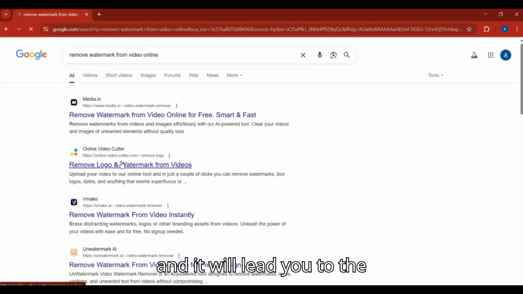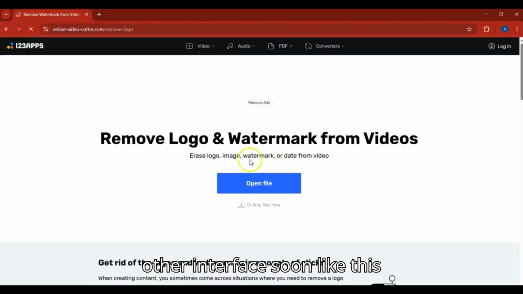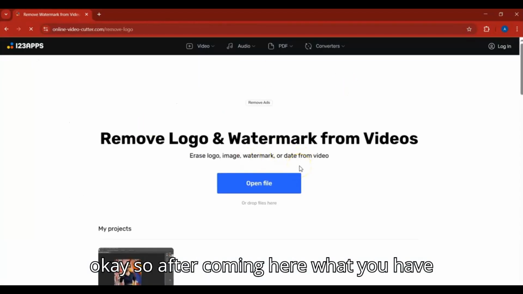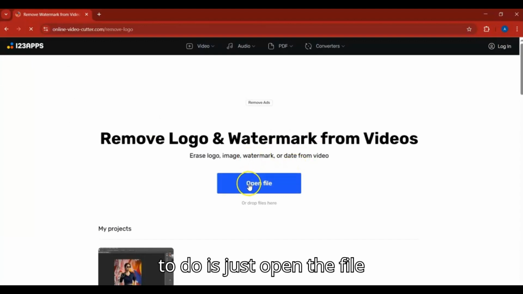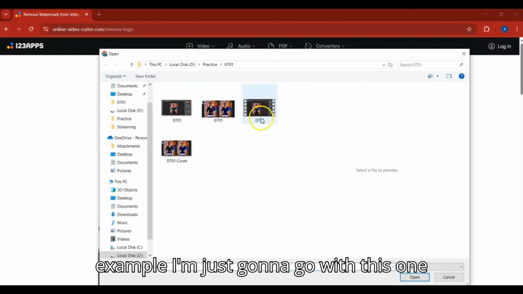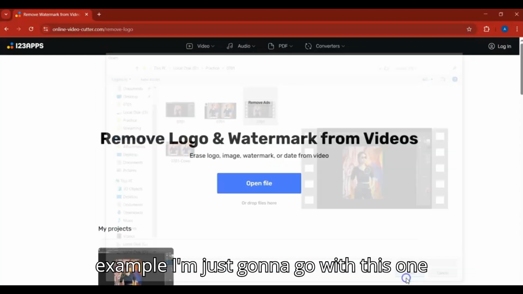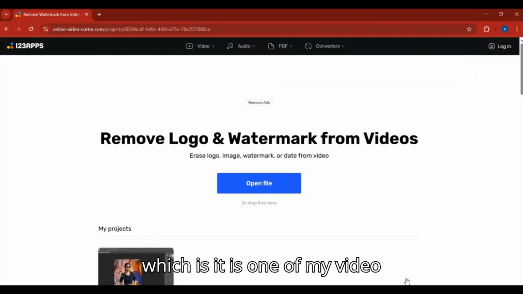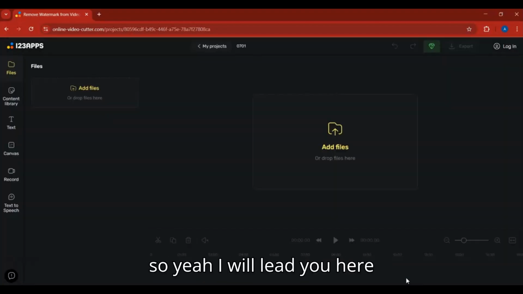and it will lead you to the other interface soon, like this, okay? So after coming here, what you have to do is just open the file from here. And for example, I'm just gonna go with this one, which is one of my videos. So yeah, I will lead you here